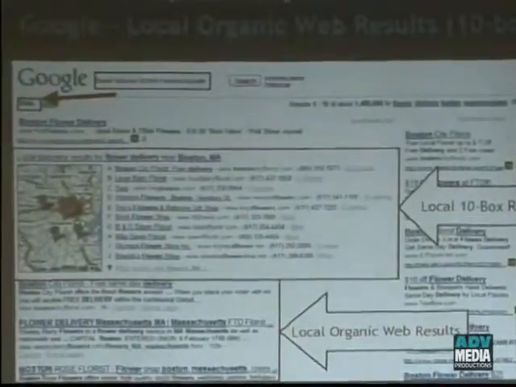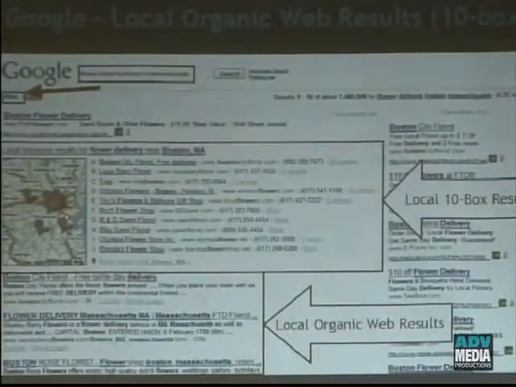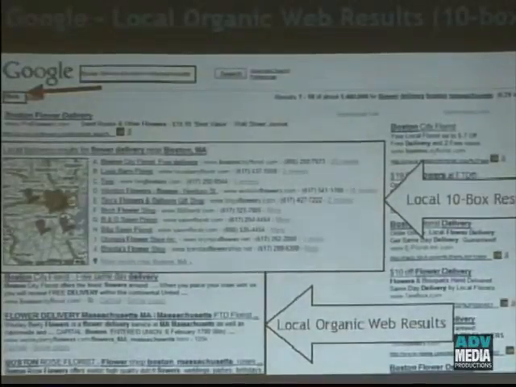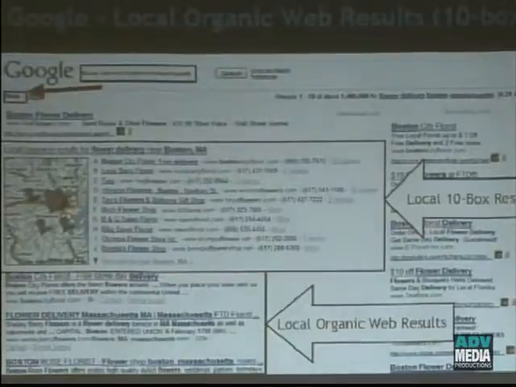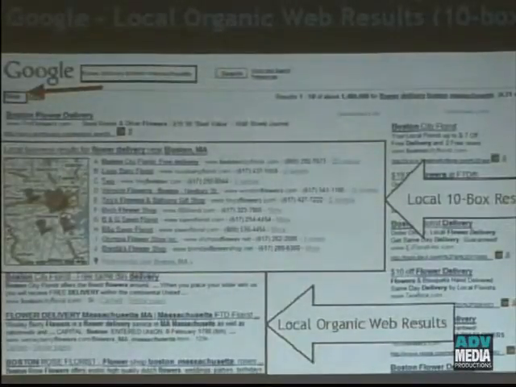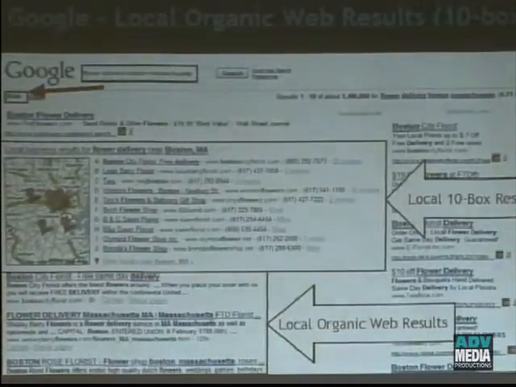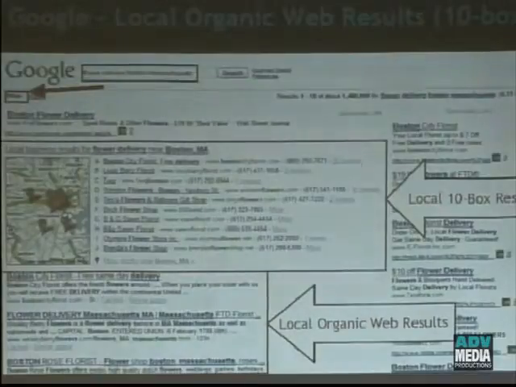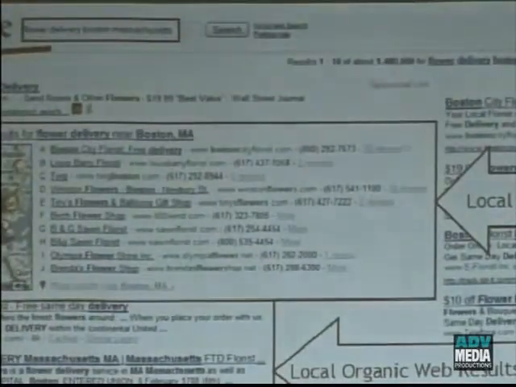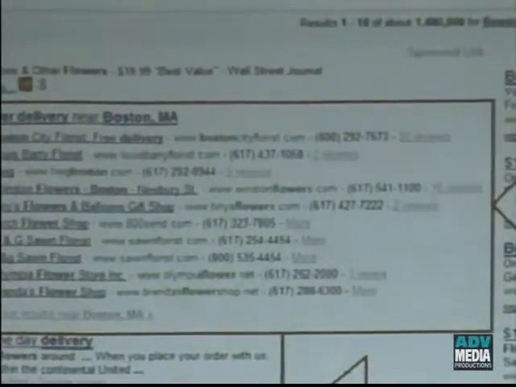Let's look at a result page. This is just a good tip for everybody: if you want to find out how to get there, you have to look at the results on the page and look at how people get there, and sort of take the page apart. We call this the SERP, Search Engine Result Page. I think it's very important if you're a do-it-yourself kind of person, or even if you want to understand an agency that's working with you and why you're not where you want to be.